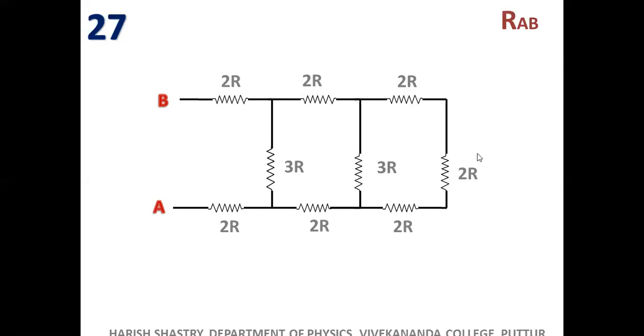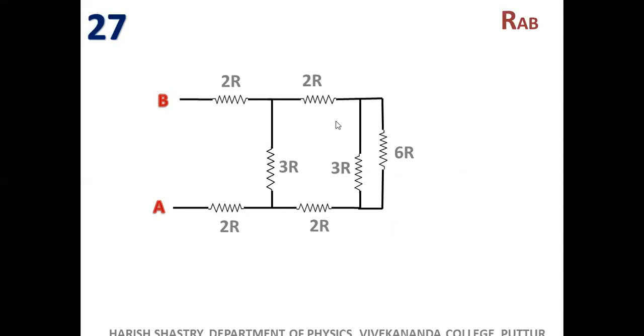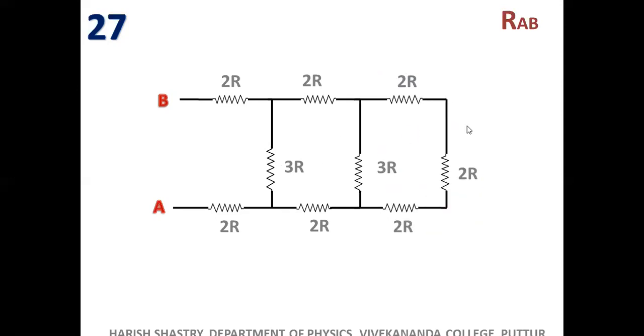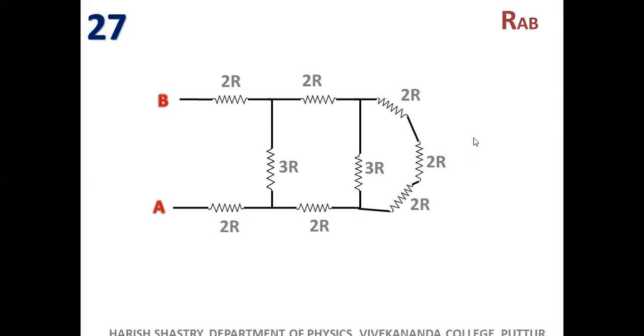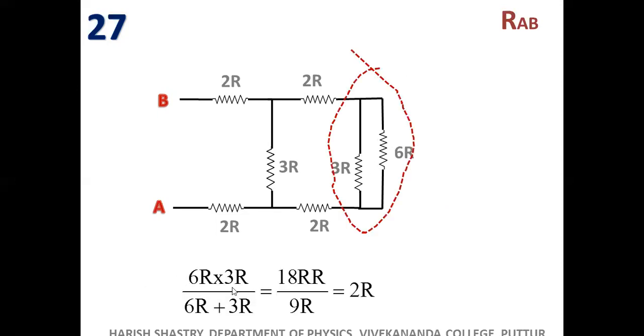So shall I replace 2R, 2R, 2R? 2R plus 2R plus 2R, that is 6R. So that is series, right? This 6R should be replaced here. Am I right? It was like this, and these 3 2Rs were in series, and when you replace it by 6R, it should be here. Now 6R parallel 3R. What is 6R parallel 3R? 6R into 3R divided by 6R plus 3R. Denominator 9R, numerator 18R square, so 2R. 6 into 3 by 6 plus 3.